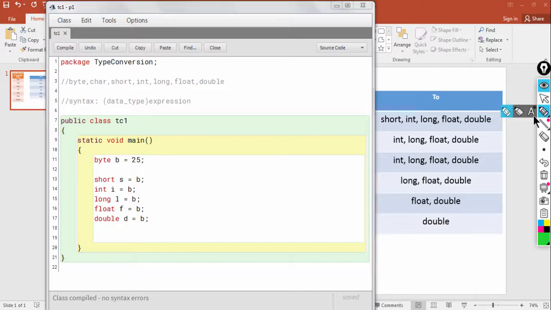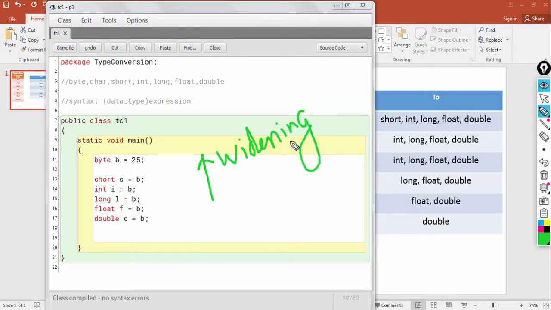And this process is known as upgradation, okay, or widening. It is known as widening conversion, or implicit conversion, okay. Why is it known as widening?